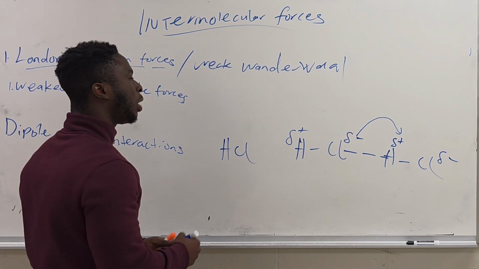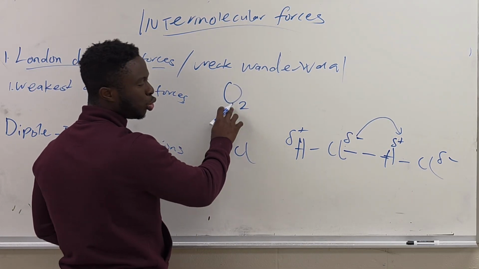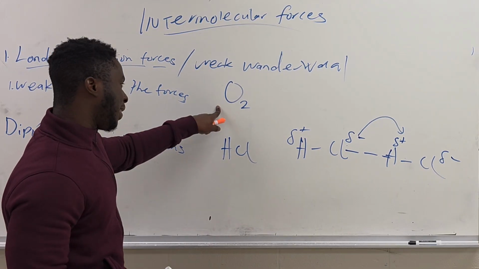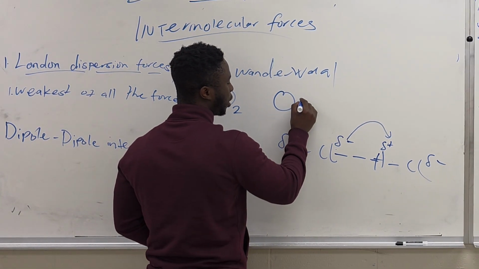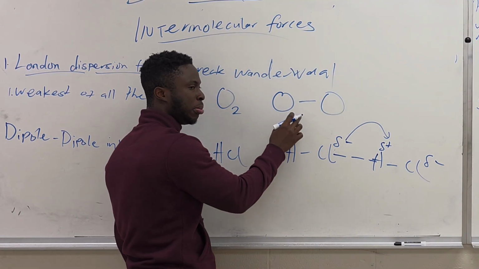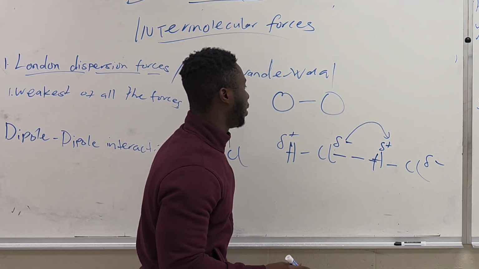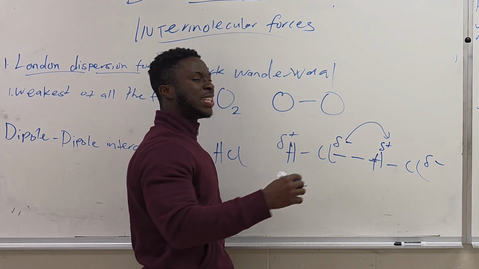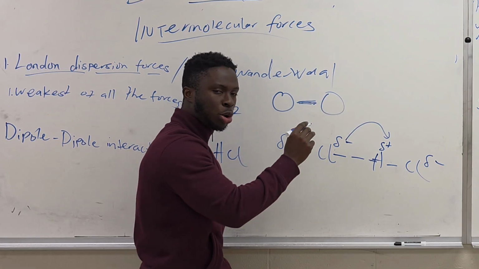Like oxygen, O2. Under normal circumstances, it is oxygen bonded to another oxygen. Now, I'm not really focused on the bond between them, whether it's double, single, or triple. Double check it, right? Now, the shared pair of electrons between these two oxygen atoms,